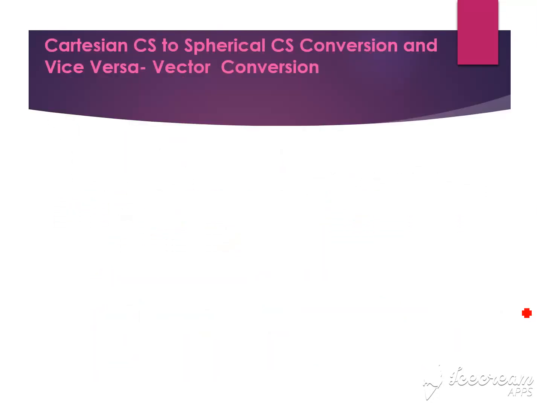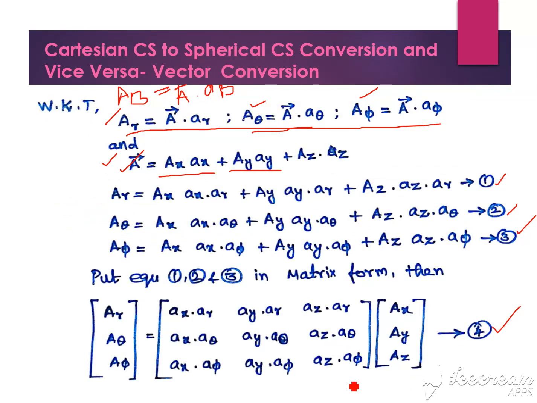Next, we need to find these values. What about this value? Here, AZ and A phi. While considering cylindrical, phi and Z are perpendicular to each other, and perpendicular means the angle is 90. So this value can be found as mod of AZ into mod of A phi into cos 90. Already we know the cos 90 value is 0. So this term gets the value 0.